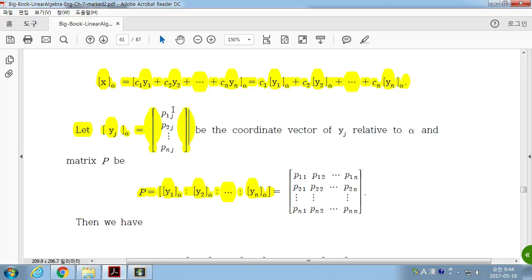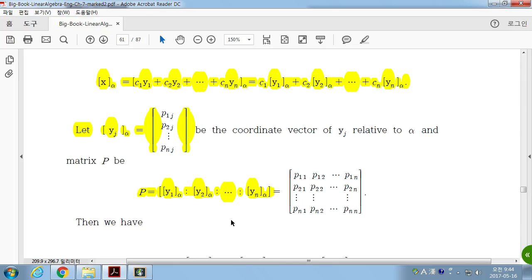그 코디네이트로 코디네이트 만들 수 있죠. 그것들을 순서대로 Y1에 대한 거, Y2에 대한 거를 컬럼으로 하는 행렬 P를 만들었다는 소리야. You can do it. 단지 연립방정식을 여러 번 풀어야 되는 것일 뿐이죠. 연립방정식을 n번 풀어서, 한 번 풀어서 이걸 구하고 두 번, Yj equal 2에 대해서 또 연립방정식을 풀어서 구하고, 그래서 n번 연립방정식을 풀어서 만들면 Pij를 다 구할 수 있지. 컬럼들을 다. So you have a matrix P here.